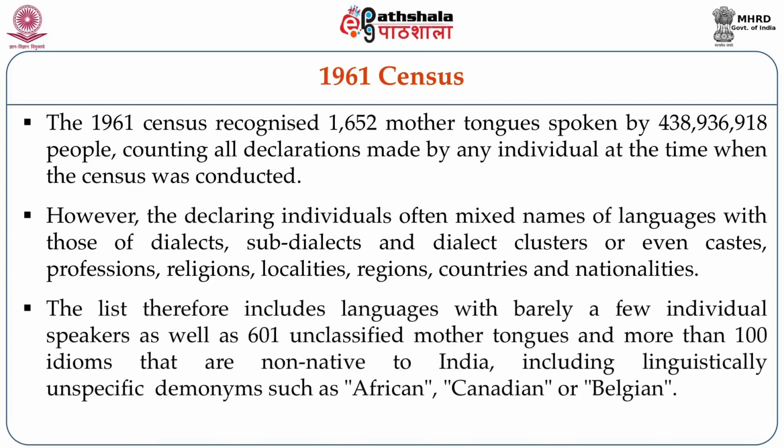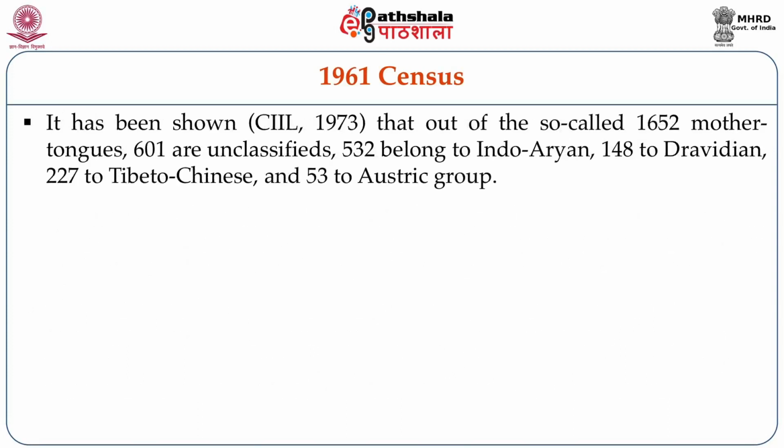The list, therefore, includes languages with barely a few individual speakers, as well as 601 unclassified mother tongues, and more than 100 idioms that are non-native to India, including linguistically unspecific demonyms such as African, Canadian, Belgian, etc. It has been shown in the report of Central Institute of Indian Languages, Mysore, published in 1973,